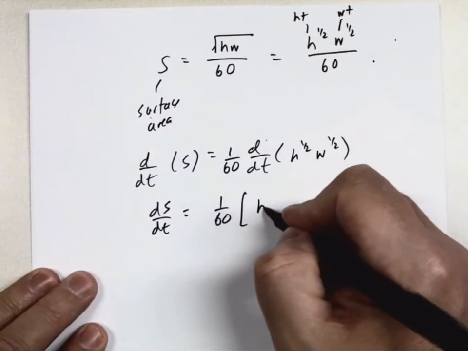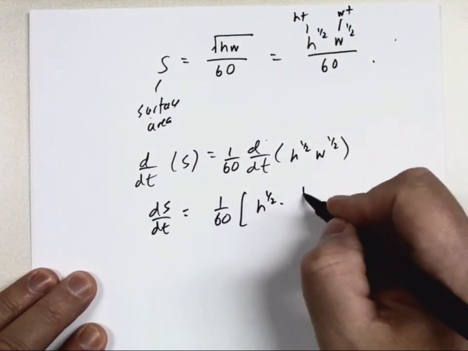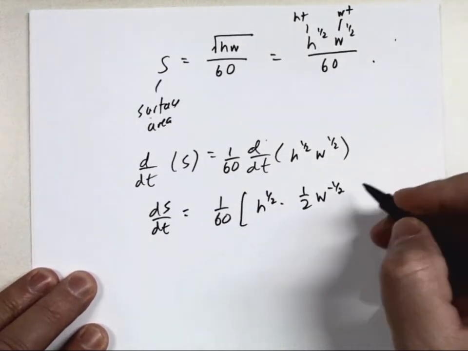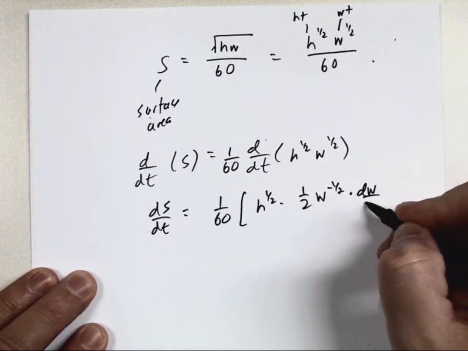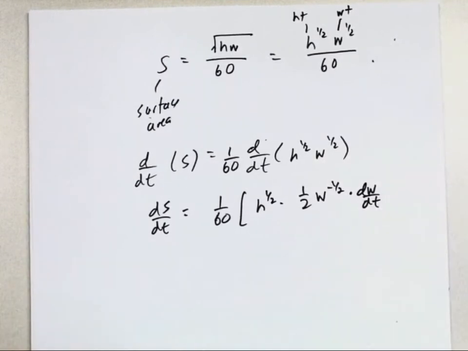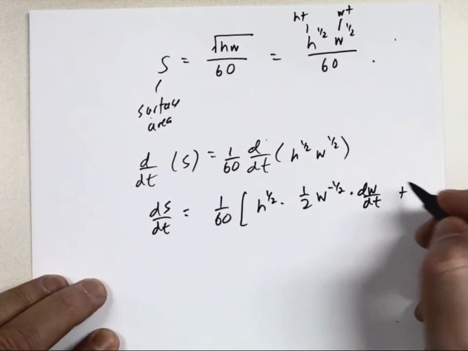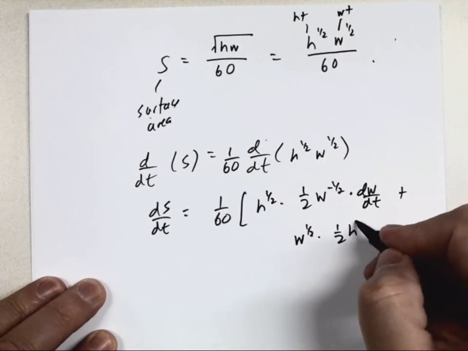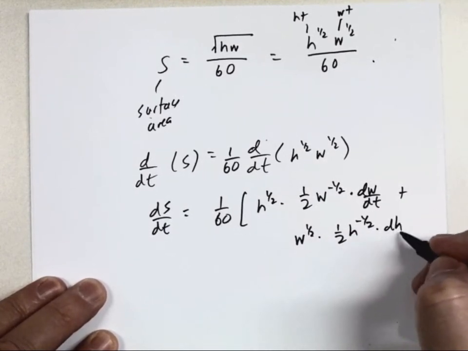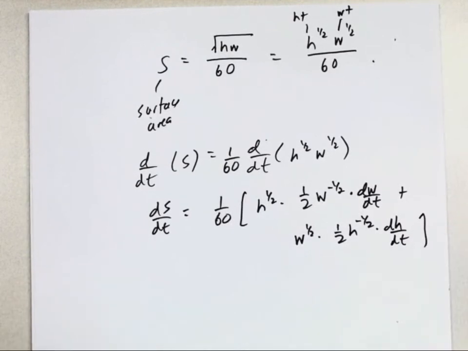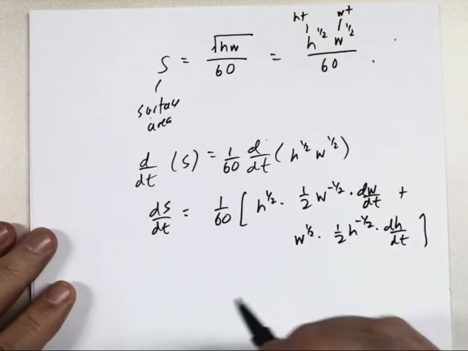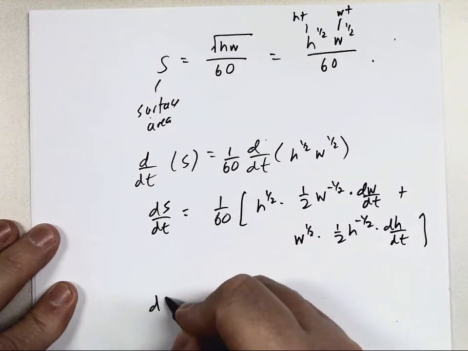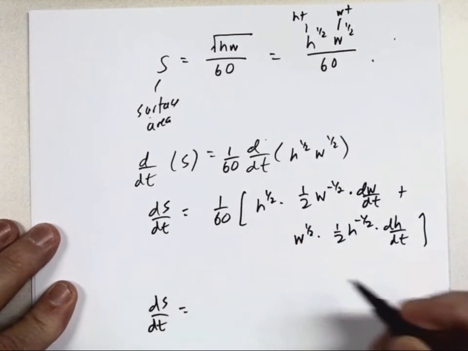So let's write the first one, h to the 1/2, derivative of the second one, 1/2 w to the negative 1/2, but then dw dt, then the other half of the product rule, the second term times the derivative of the first term, and there's also a dh dt. Now this is looking very messy, but the good thing is very quick I'm just going to start plugging in numbers. So I'm not really going to try and simplify too much. I just want to clean things up a little bit so I can plug in the numbers.